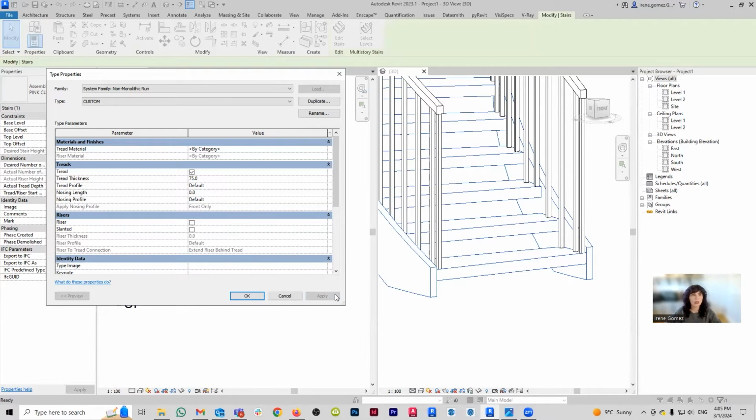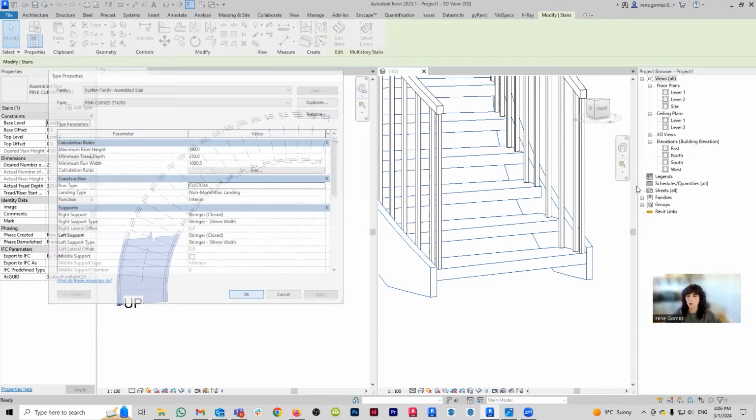Now, if we look at the image really, really close, you will notice that the step has this kind of little ledge at the front. This is usually placed to make it harder for people to slip and fall on stairs. But here's the problem. If I change the default thread profile for any other custom profile that may have that ledge, you risk creating the issue of your stair not changing to adapt to the thickness.